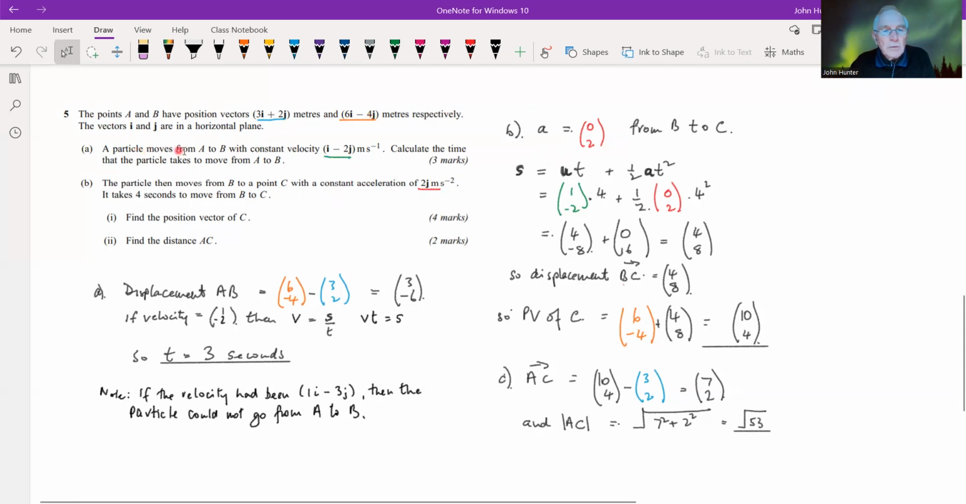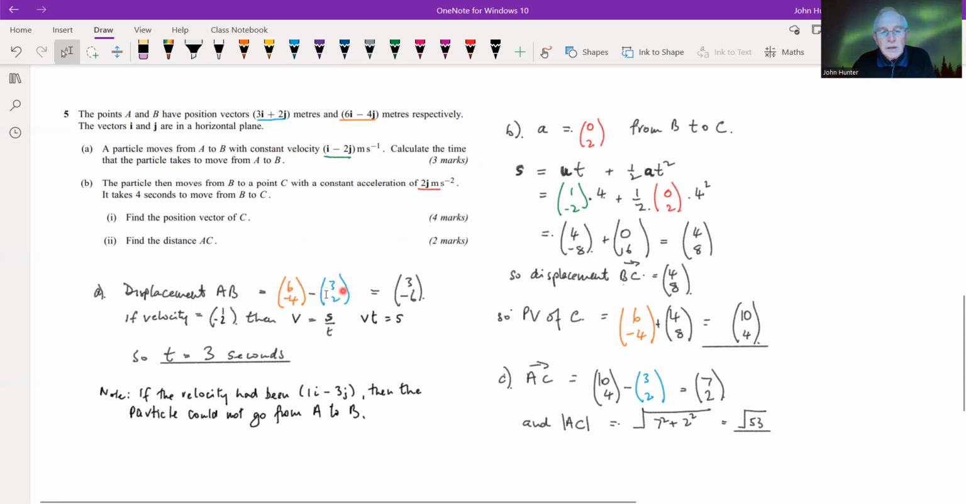So a particle moves from A to B with constant velocity i minus 2j meters per second. Calculate the time that the particle takes to move from A to B. Okay, so if we're looking at the displacement, it's basically moving from A to B. So if we actually form the vector of B minus A,